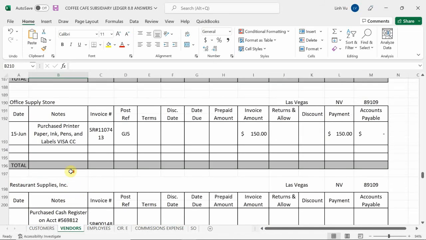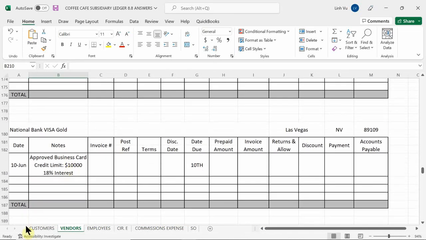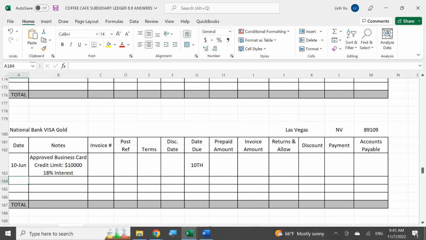National Bank Visa. Here's National Bank Visa Gold. So this is what you're going to do. Because this is the National Bank Visa account, you are going to record that you received a credit card statement,